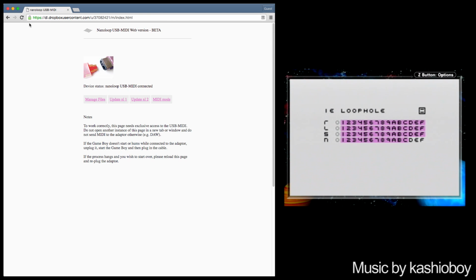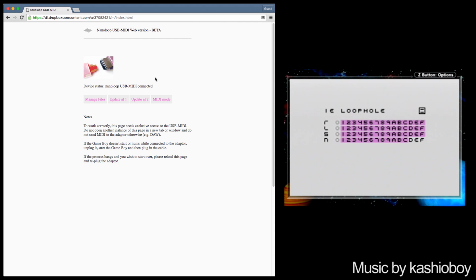And usually, the first time you will do this, a little drop down will come up and say, would you like to use MIDI devices? Click yes. And then each time now, you've got this little icon here, which will give you the option to clear your settings, etc. for MIDI devices on this particular page in Chrome. So that's fine. We want MIDI devices to work because we need to transfer the data using the web version